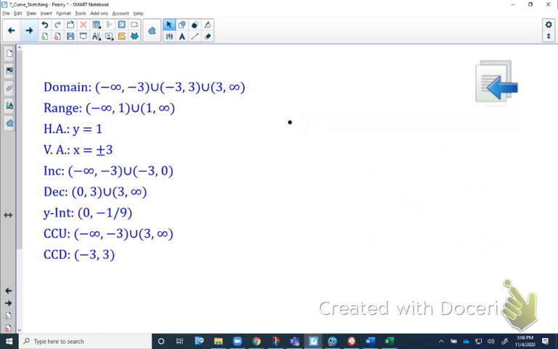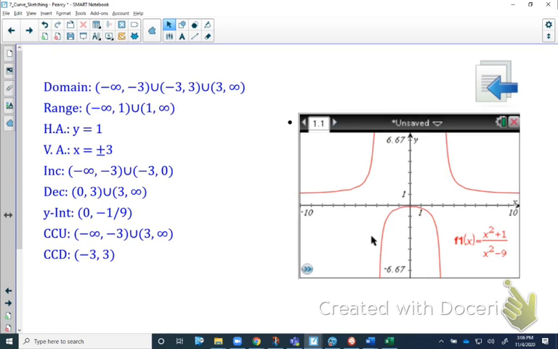Horizontal asymptote is at 1. The balanced function, x squared over x squared, simplifies to be 1. Vertical asymptote is positive negative 3. Increasing interval, decreasing interval, y-intercept at negative 1/9. And the two intervals that show where we're concave up and the one interval that shows where we're concave down